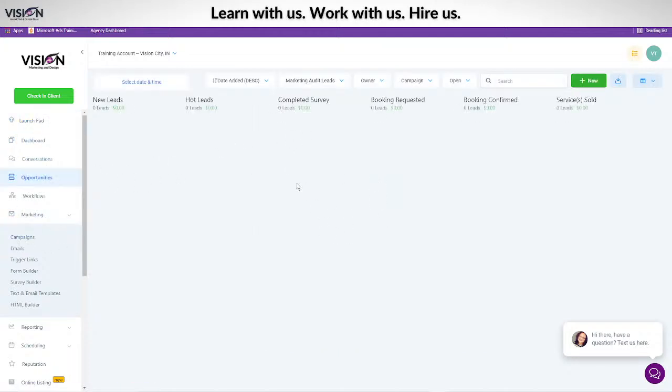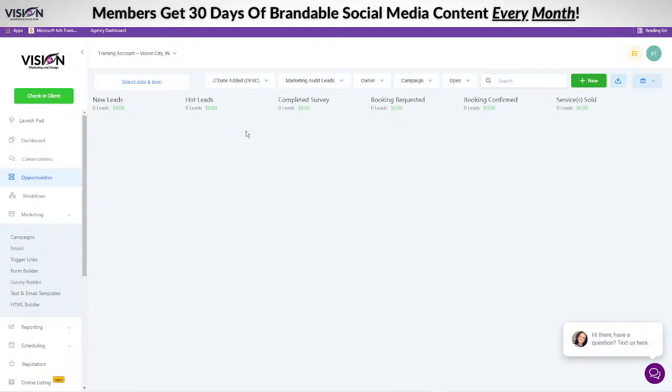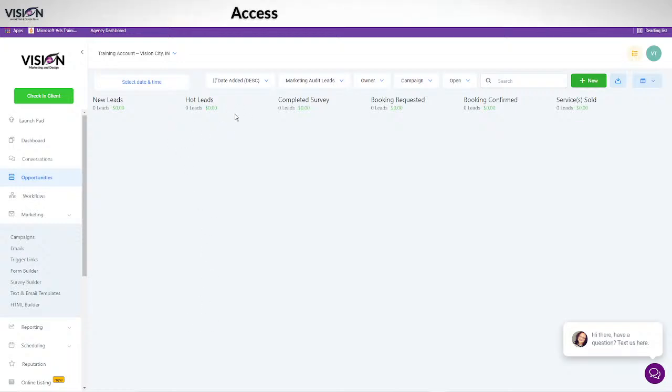Here are opportunities. We'll talk about this another time, but this is an excellent way to keep track of things. So, let's say you're a coach or you do some kind of sales calls, you can set this up so that when you get a new lead, it automatically goes here. And then maybe you want the next step to be that you called them, because you want to call all your leads, right? Once you call them, maybe you want to move them to the next step. And this will help you keep track.